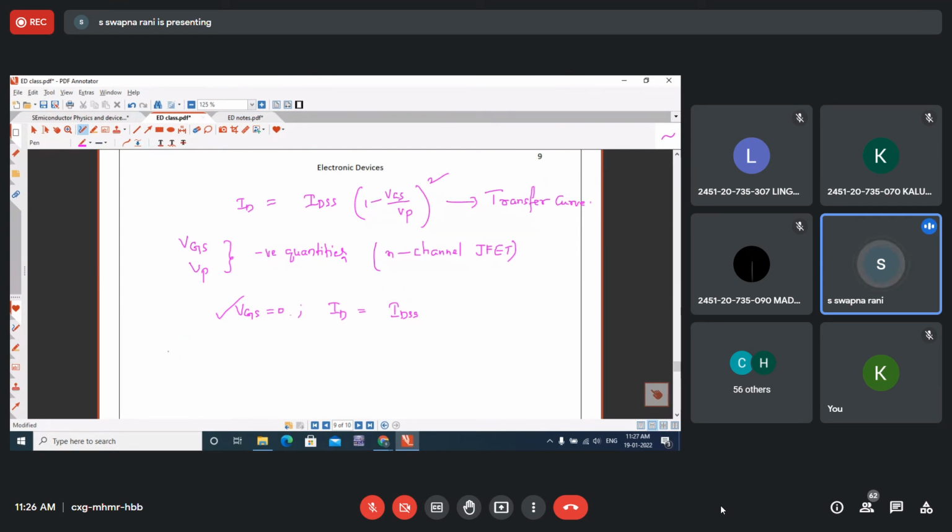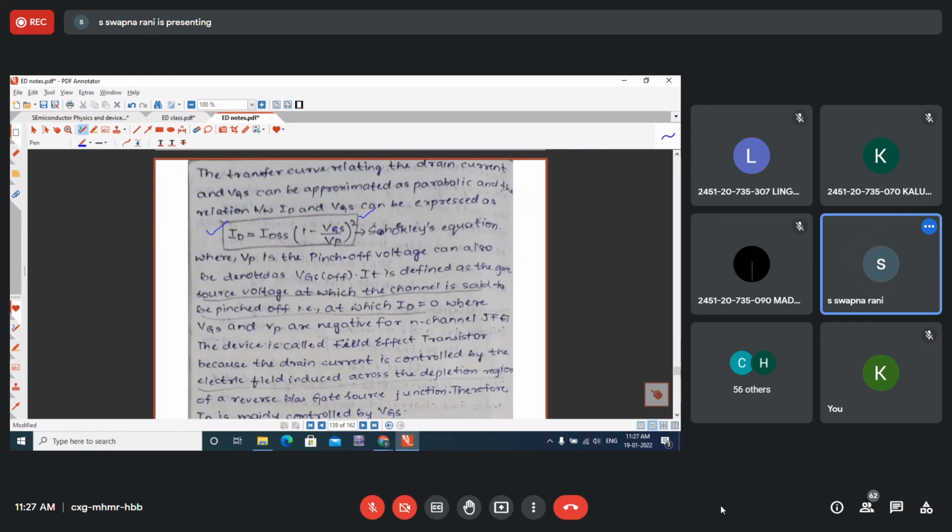So here, if you observe, we have seen the drain current, which is a function of VDS and VGS. But out of these two, by giving reverse bias voltage on the gate,